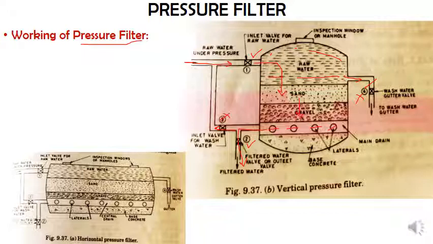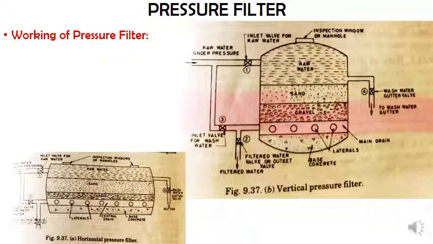Whatever the process we follow for the rapid gravity filter, the same thing is applicable here also. The only difference is the size is small, and here the water is under pressure, whereas in the previous case it was exposed to the atmosphere. Similarly, once this starts, there will be an accumulation of suspended particles, and because of that the resistance will increase, and so on. All the same process will continue here. So even here you need to do the backwashing process after a particular period of time.